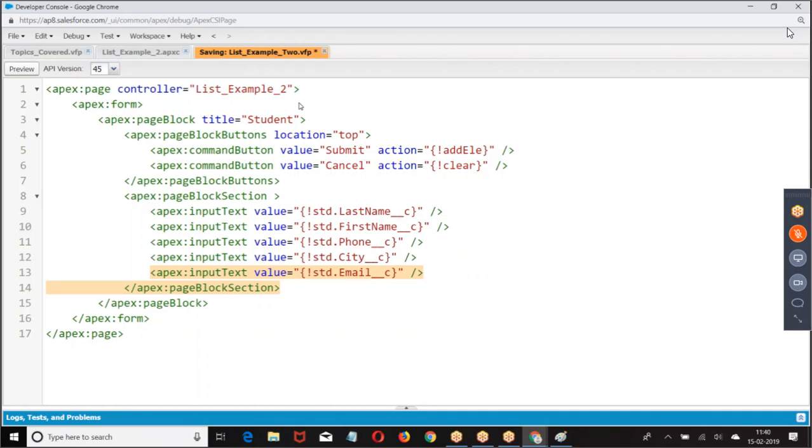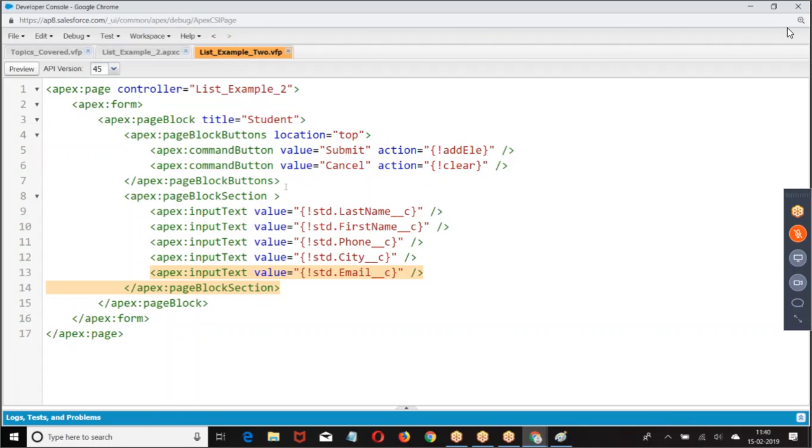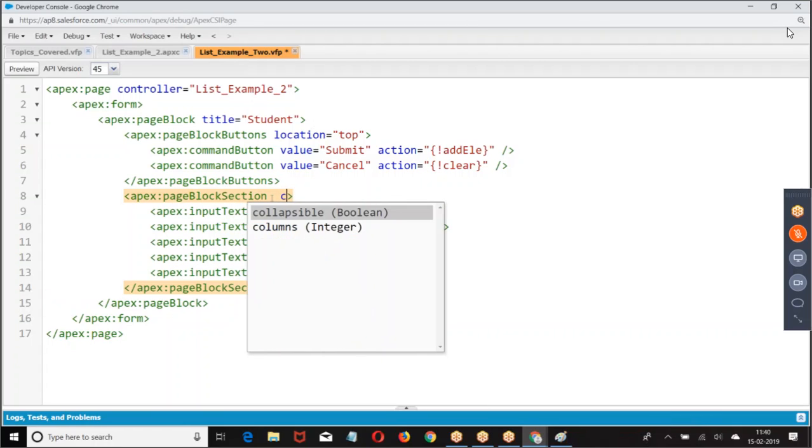This is what I have taken. Right. So first, what is the preview? This is how we received. Last name, first name. So here I want to give columns equal to 1.